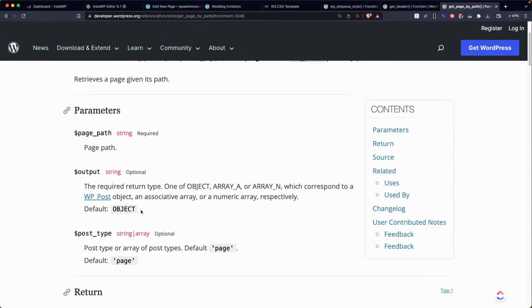All right, so I think we can simply go ahead and use it, because it takes in the path, the string output, which is object, and the post type, which is page by default, and it returns the WP post array. All right, now I can go back to here, and instead of all of this code,